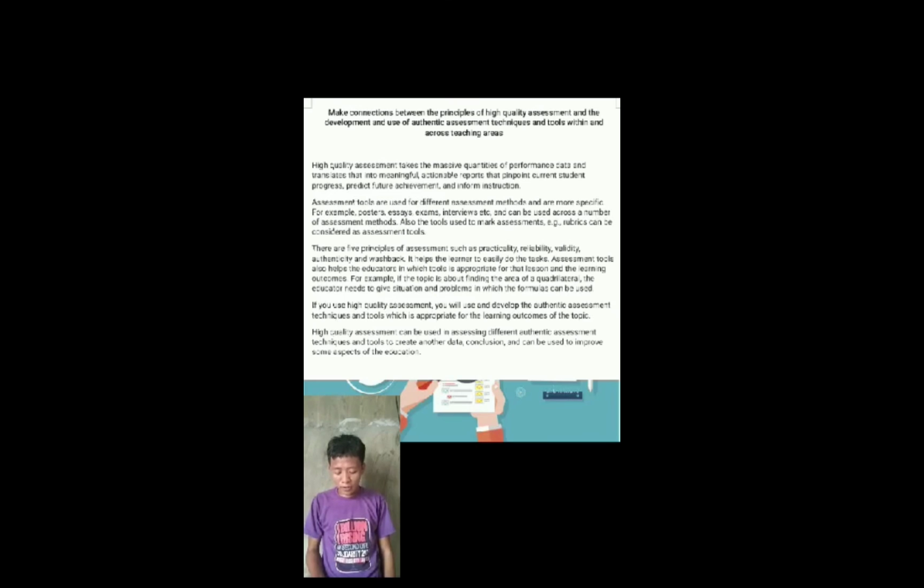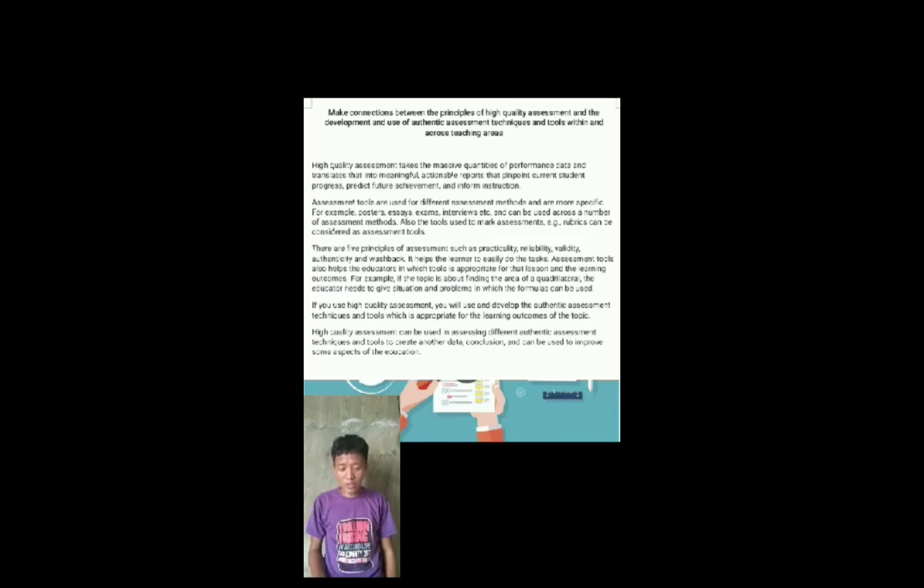It helps the learner to easily do the task. Assessment tools also help the educators in deciding which tools are appropriate for that lesson and the learning outcomes. For example, if the topic is about finding the area of a quadrilateral, the educator needs to give situations and problems in which the formulas can be used.